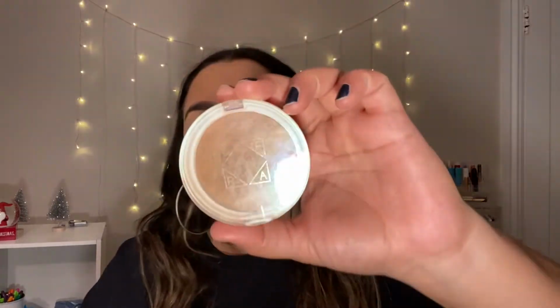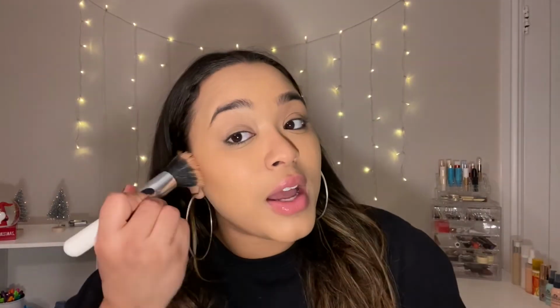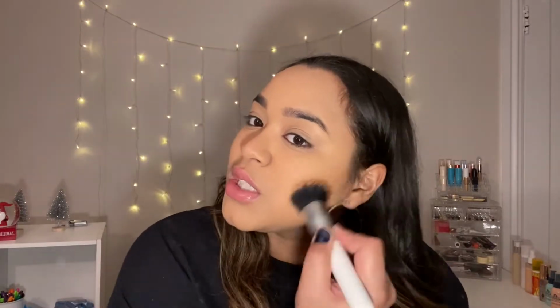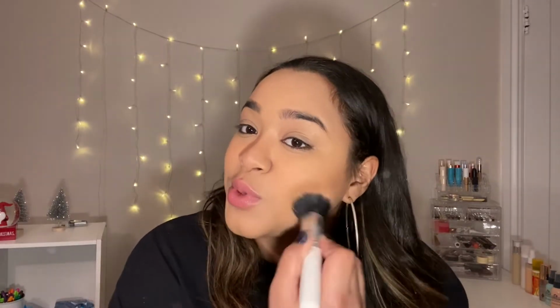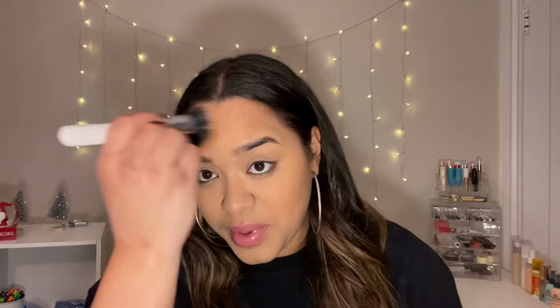All right, next let's bronze it up. For bronzer first, I'm gonna go with the Ofra bronzer in Americano. I used to love this bronzer. I just haven't used it in a while, and so I really just wanted to see how I felt about using it again. I've been using my Tarte Park Princess bronzer a lot because I'm trying to use it up. So no other bronzers have been getting used really. So all my bronzers were kind of like, dude, I don't know how I feel about any of these, but